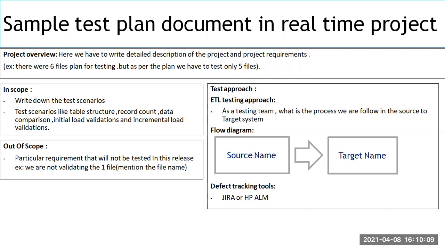Incremental validations, like again we have to test the record count validation, data comparison validation, duplicate record validation, and archive file path validation. These are all the validations, the test scenarios we were mentioning into the in scope